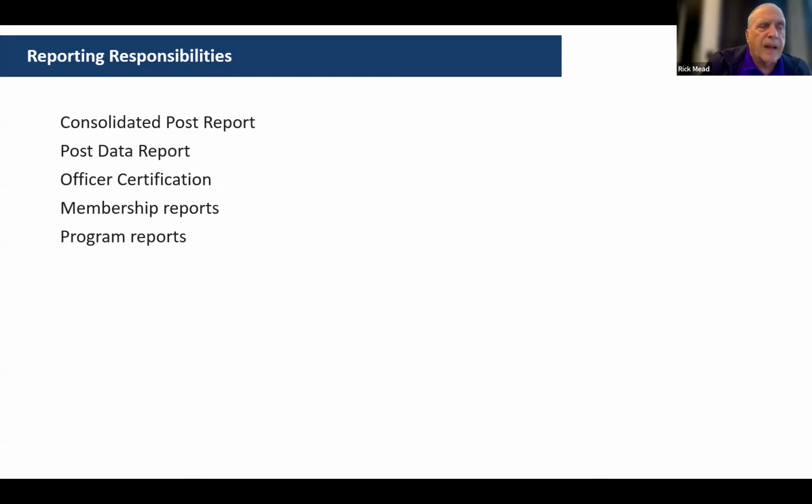It's also important to think about that, because if the post data report needs to be in by May 13th or May 15th, which it does, then in your post scheduling, you need to be having meetings talking about whether or not you're going to be increasing post dues before that, so that information is voted on by membership, changed if needed, and then you've got a place to update that, so that information can be sent back in to